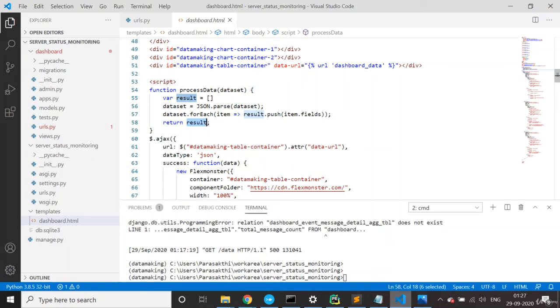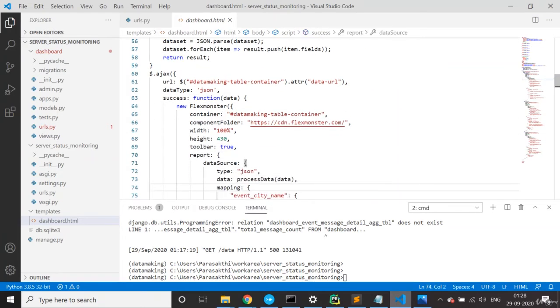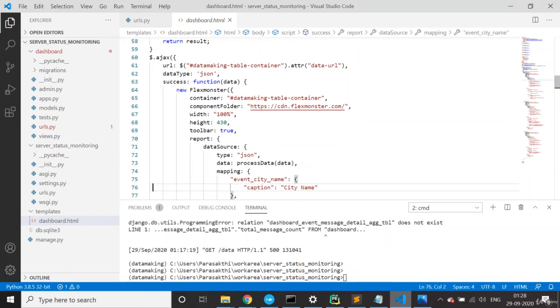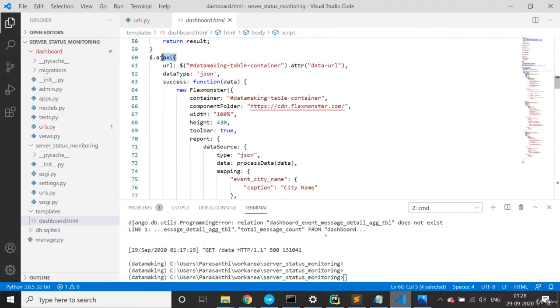This process data function will be called when you fetch the data from views.py. This is the universal way of making the Ajax call and calling your methods.